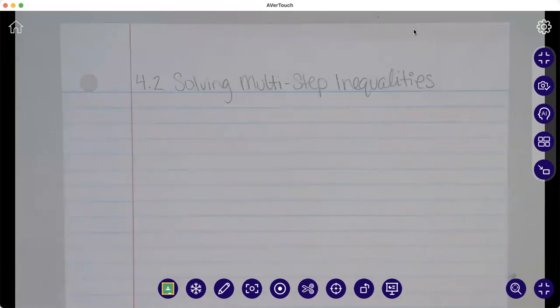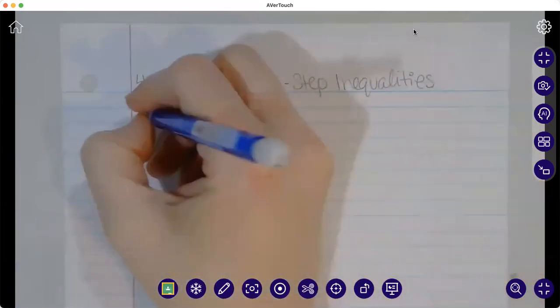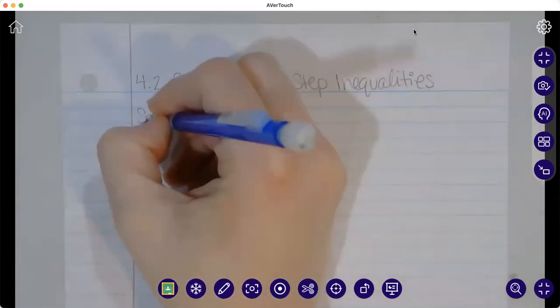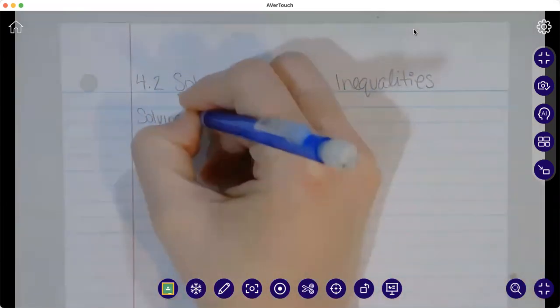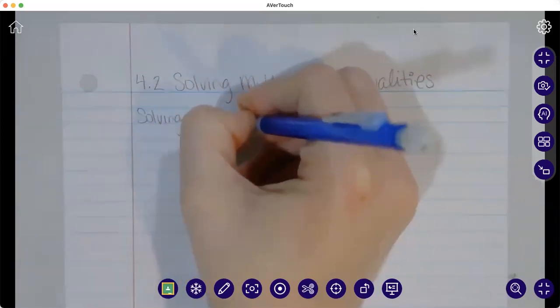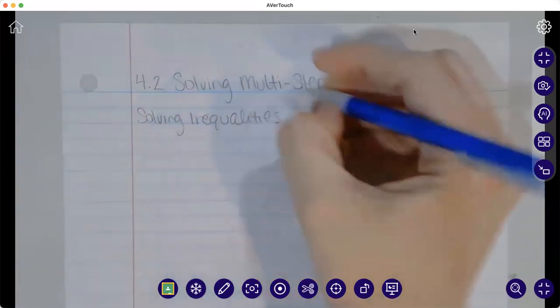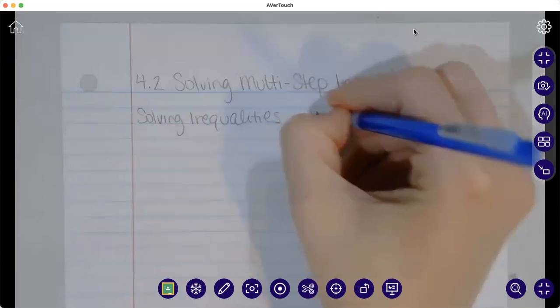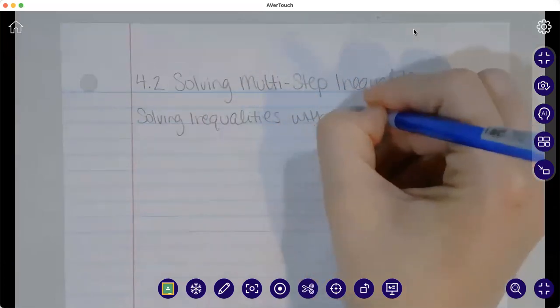Today, we're going to cover skills on solving multi-step inequalities, developing what we have already learned about inequalities with doing more steps within a single problem. So, information: solving inequalities with multiple steps